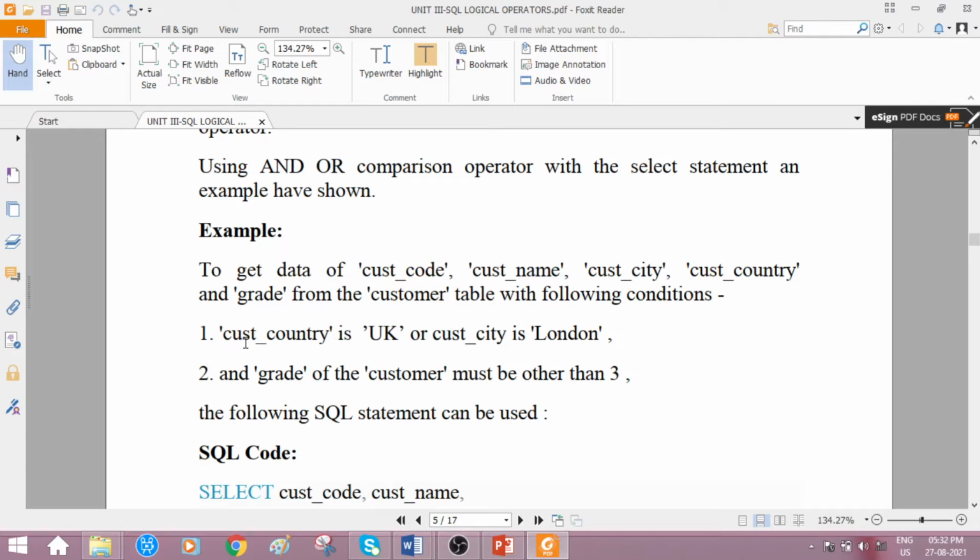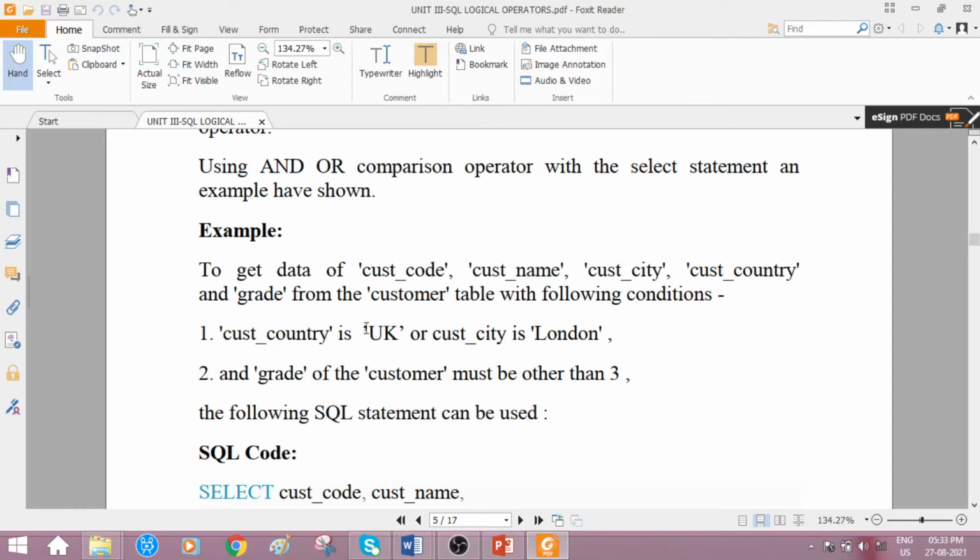Why OR? If the customer country is UK, fine. In case the country is not UK but the city is London, that is also fine. This is with respect to two different attributes. Check the country column value: if it is equal to UK, we fetch the value of that customer.